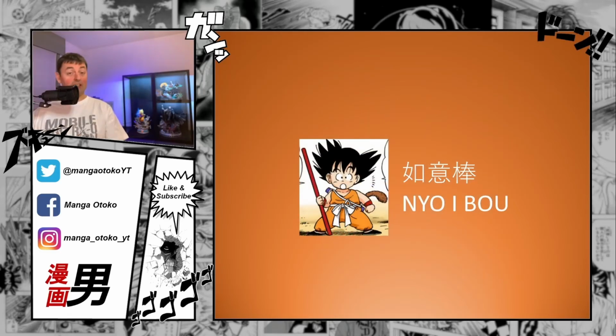Okay, so at the beginning of the video I referenced the fact that the original Son Goku character Sun Wukong from the Saiyuki story carried a staff which could be extended. So this was also used in the Dragon Ball manga with the exact same name, Nyoibou, three characters. The last one means staff or stick, so that makes sense. The other ones don't make a lot of sense, again because Toriyama-sensei reused the same name that was used in the original Saiyuki story.